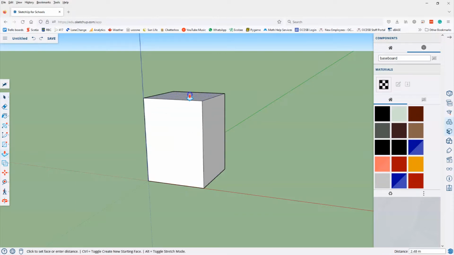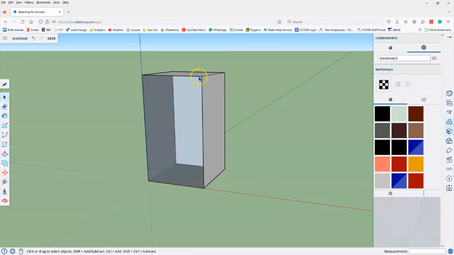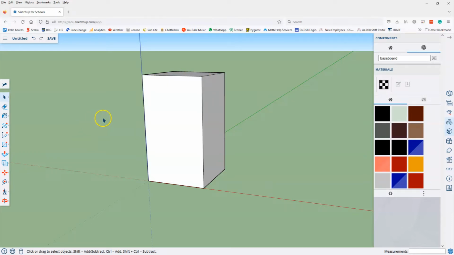Similarly, if I create a 3-dimensional shape and I click on the face and delete that, I'm left with the outside of a box with one side missing. That can be helpful, but it can also be problematic. So one of the things we would like to be able to do is to move things